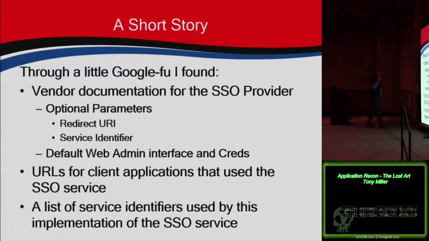So after I found out, hey, we've got these two parameters here, and I don't have the names up there because they would actually uniquely identify the provider, and I don't want to do that. But that's exactly how I started finding these URLs, was just by a simple search, and you'll see how we do it in a few minutes, just looking for those parameters in specific URLs. And finally, a list of service identifiers as well. I mean, great stuff, all of it out there, public domain, easy for me to discover.